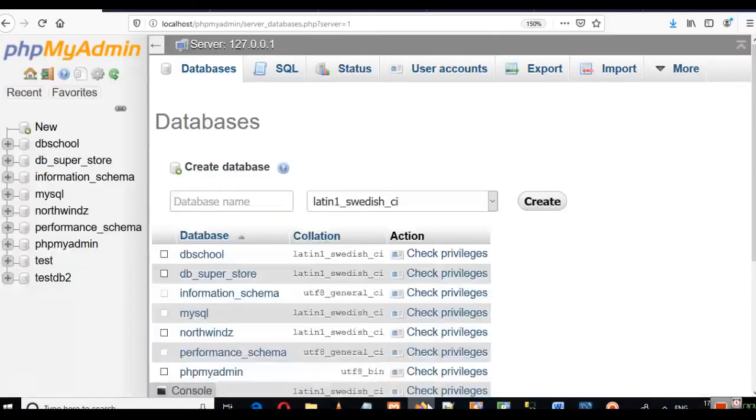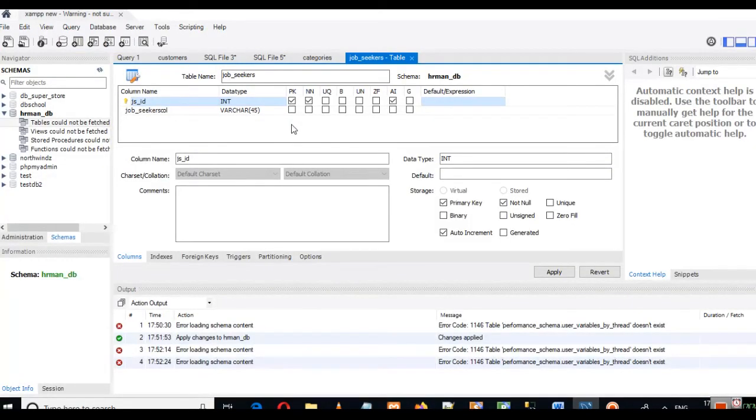I have already demonstrated how we can create primary key, not null, and auto increment columns in phpMyAdmin, and now we are doing the same in MySQL Workbench. MySQL Workbench is used by database administrators, and so knowledge of MySQL Workbench is helpful for creating databases, manipulating databases, and accessing databases.